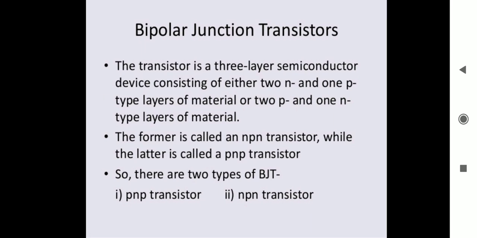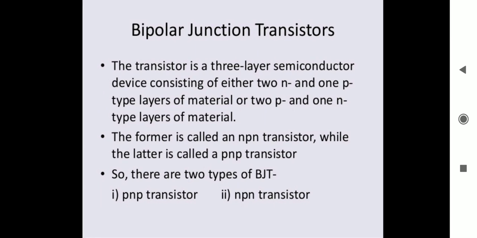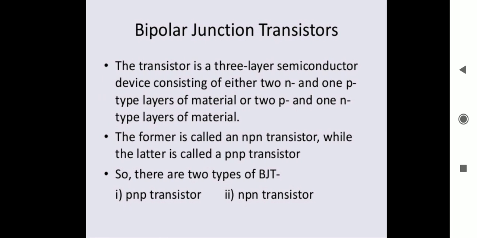A signal of small amplitude applied to the base is available in magnified form at the collector of the transistor. This is the amplification provided by a BJT. Thus, a large power signal is obtained from a small power signal. The additional power required for this operation is obtained from an external source of DC power.